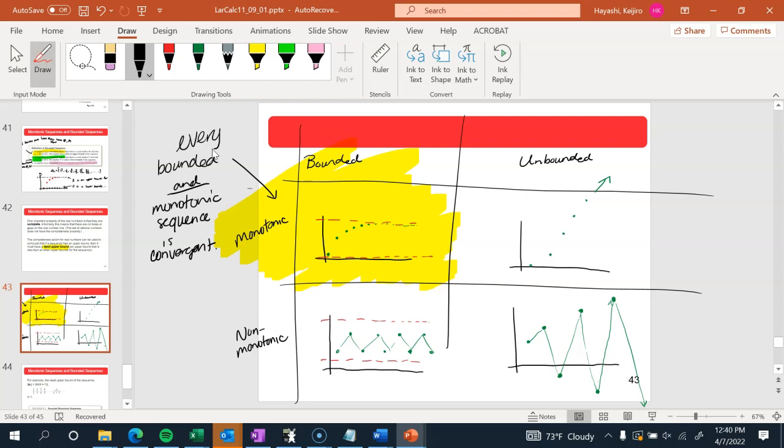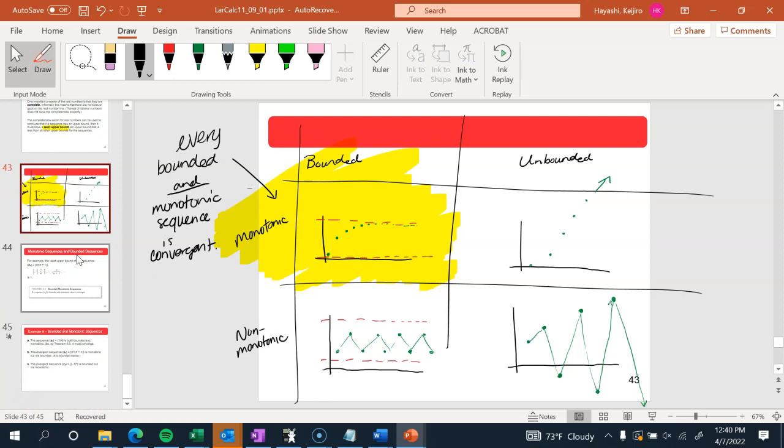Because it must. I mean, how do you keep moving in one direction while still staying within certain bounds? You must approach that bound, continually getting closer and closer to it, but never going past it. And so,